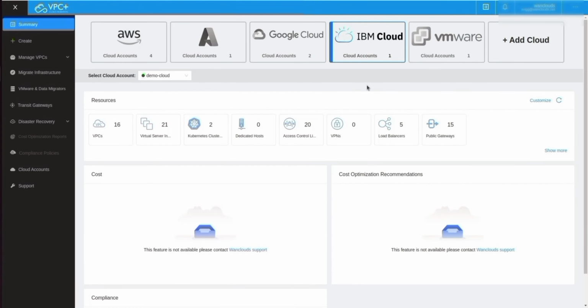This demo is part of the Multi-Cloud Disaster Recovery as a Service offering by Wang Clouds, also referred to as VPC Plus DRS. VPC Plus is the multi-cloud automation and orchestration suite covering migrations, disaster recovery, and cost optimization. In this particular demo, we will be covering setting up IBM Cloud as the disaster recovery site for an on-premise